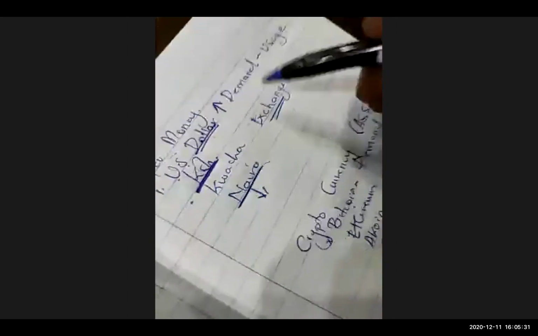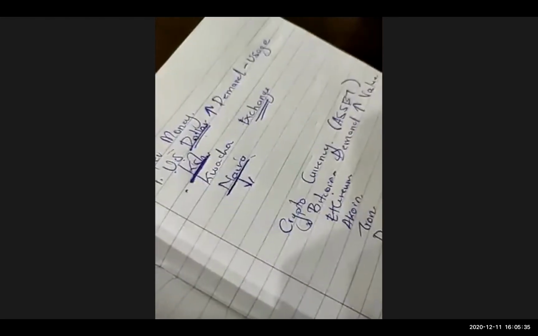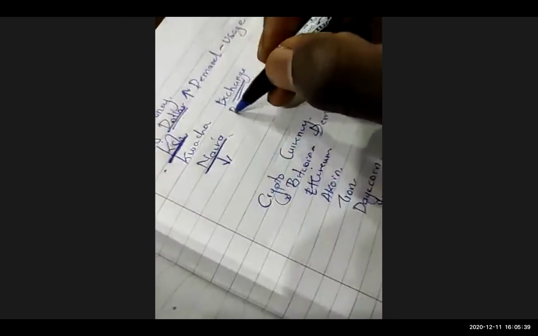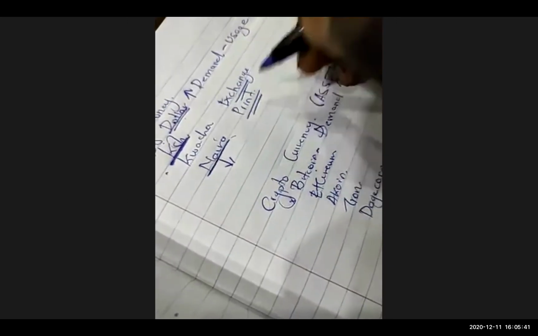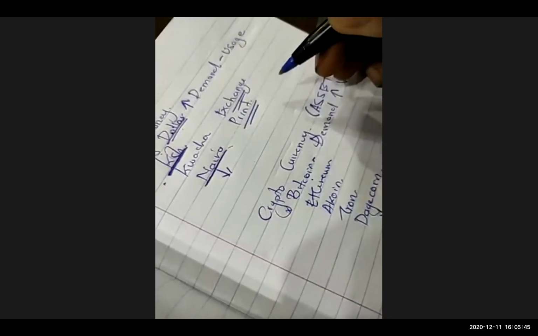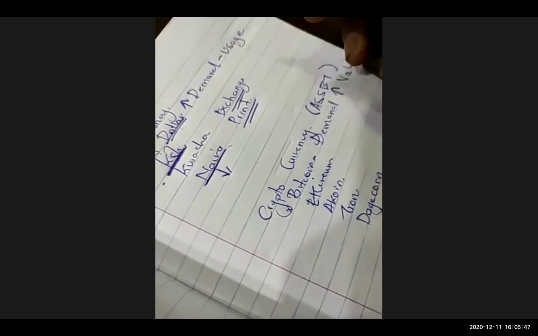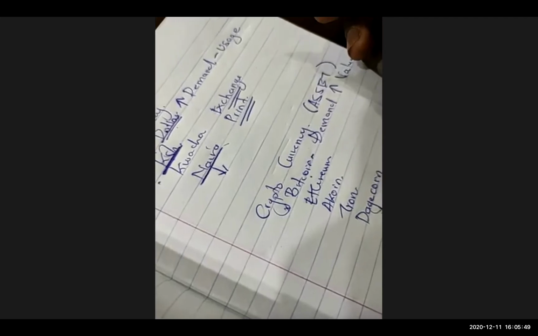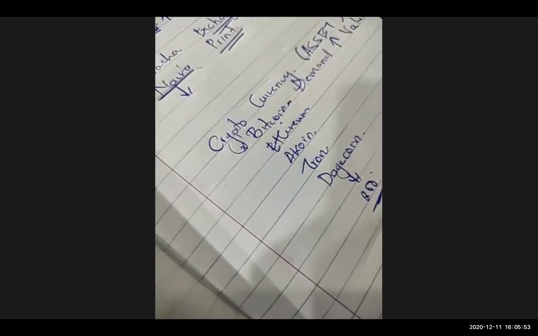However, you're going to realize also with paper money, because it is governed within a border, it means if the government decides to print more money, it can do that. And once it prints more money, what happens to the money that is already in the market? The money that is in the market loses value. All right. However, with the cryptocurrency, because the government cannot print it, the government cannot